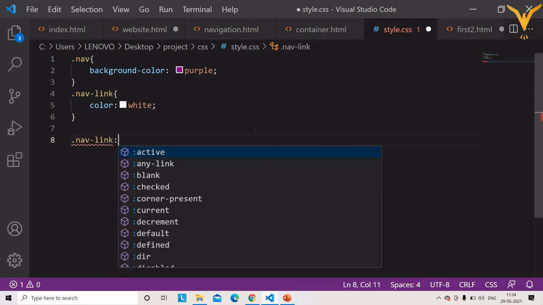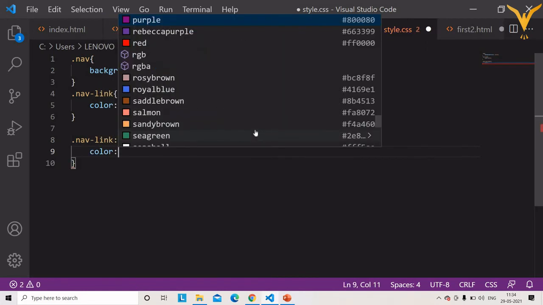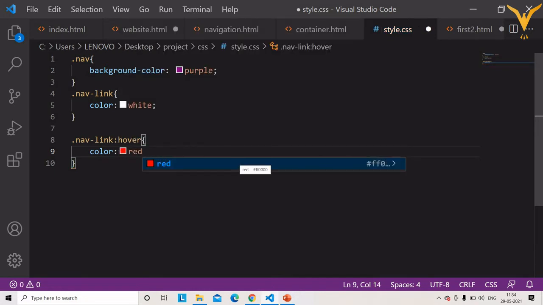So nav-link colon hover, and here we will apply the color. We will keep it as red. Save it and execute. So now we'll check. As you can see, when I hover on the text, it is giving me red color.